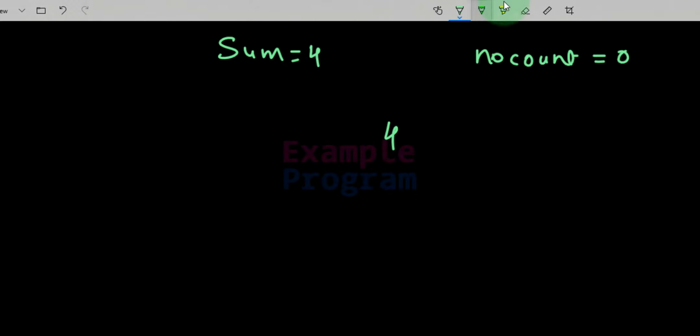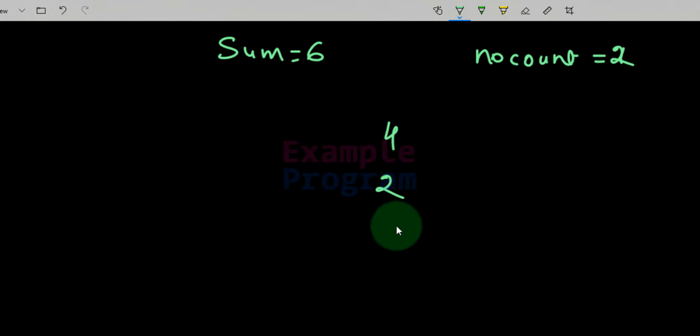And after that we will increment this num count, which will keep track of how many numbers the user has entered. And after that, if the user wants to enter another number, then he can enter it. For example, the user is going to enter 2. Now we will add this 2 to whatever value is present in the sum variable. Sum is containing 4, so we will add that 2 to the 4 and it will become 6, and then we will increment the value present in this num count variable and it will become 2.